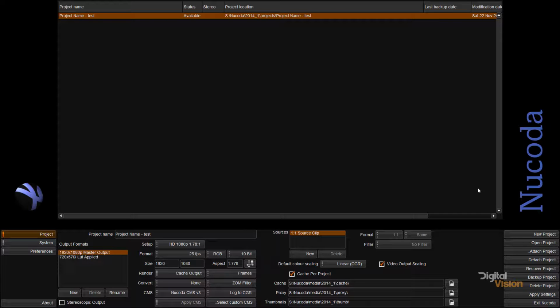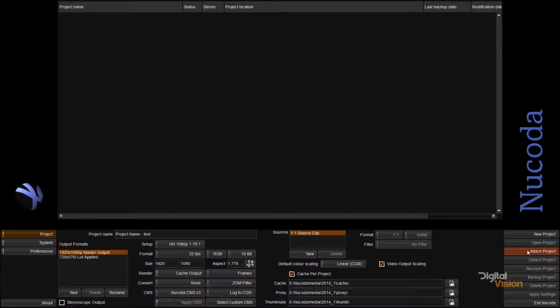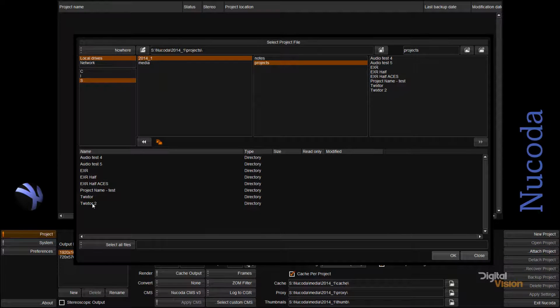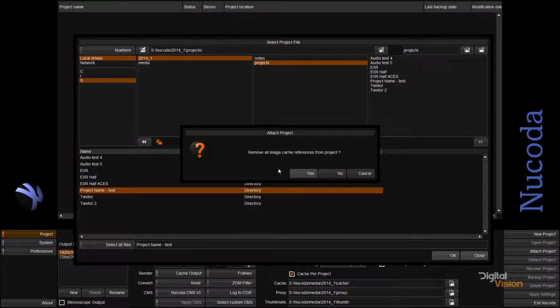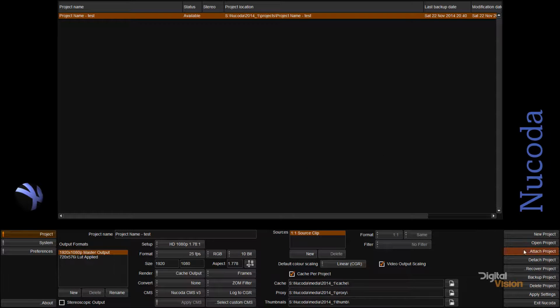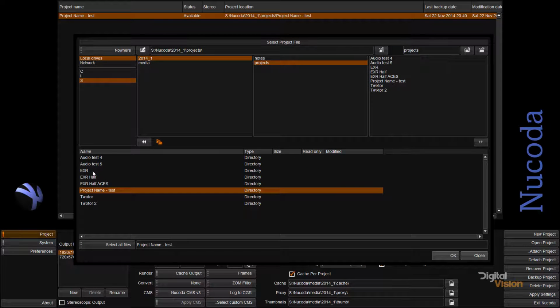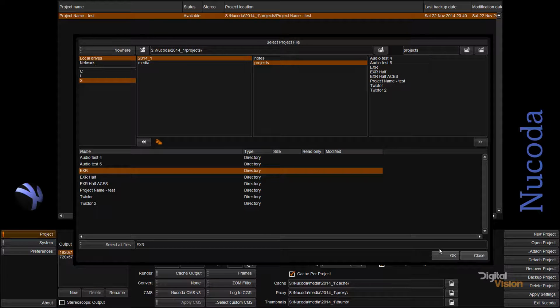Other options that are available, if I have old projects, I can attach and detach them. So for example, I can detach this project if I feel I have too many, and we're going to attach and selecting it, I can attach the project again. You'll get asked whether you want to remove any image caches, and you can choose yes or no. We don't have any, so I'm just going to say yes. I can go and attach other projects as well if I wish,